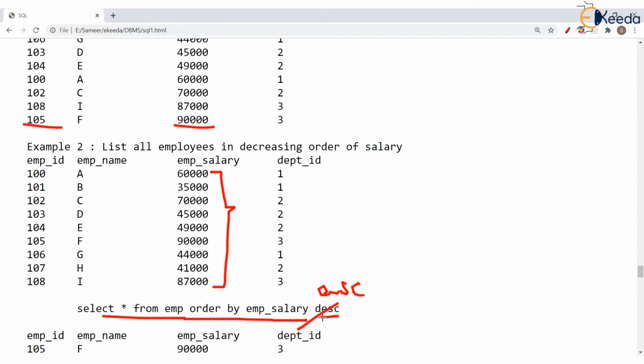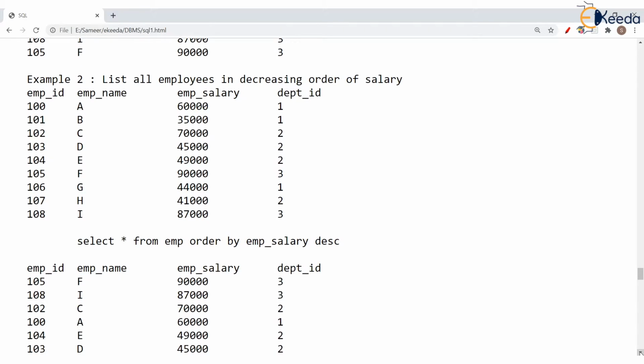But we won't write it, isn't it? Because it is assumed that if you don't write any ordering after this column name, then it is ascending. So you will give this ordering only if you want it explicitly to be in descending order. You write DESC. Otherwise, it will always be ascending.